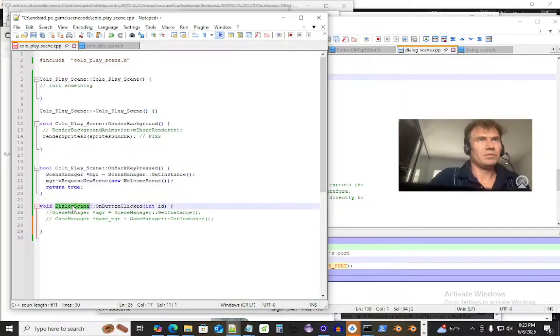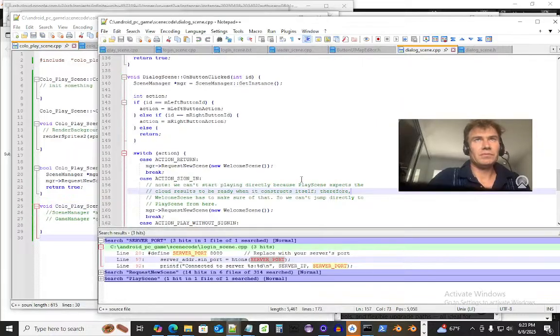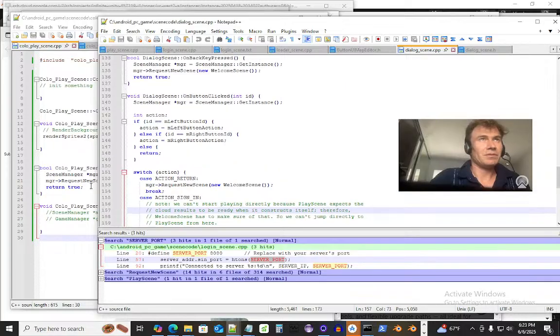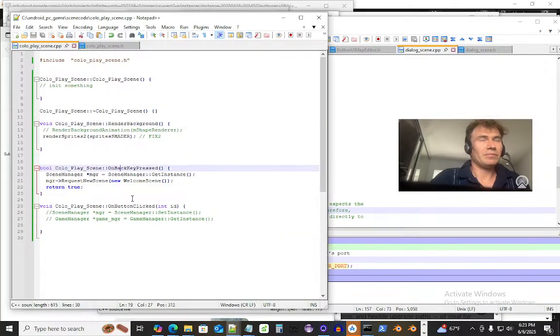Okay. Figure that out as we go. And that's it. So we got render background on back button pressed